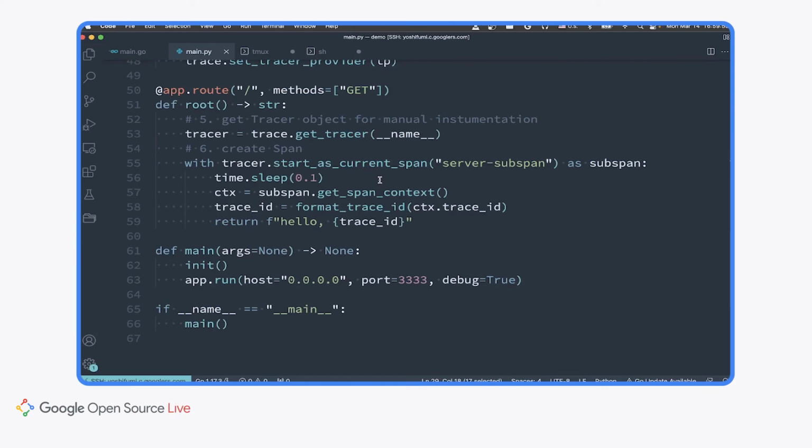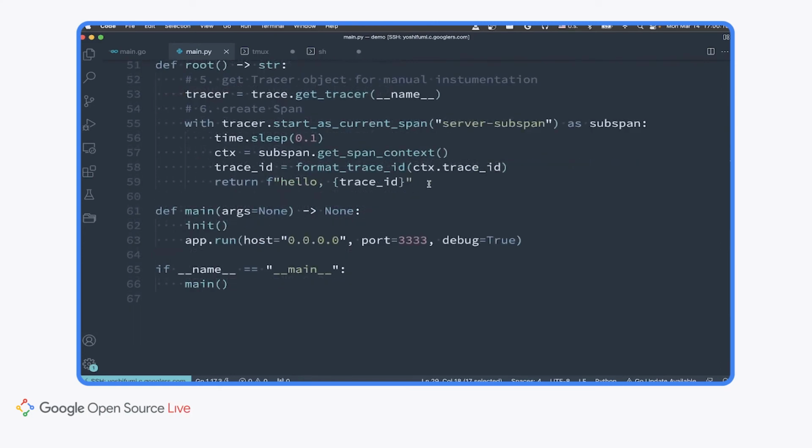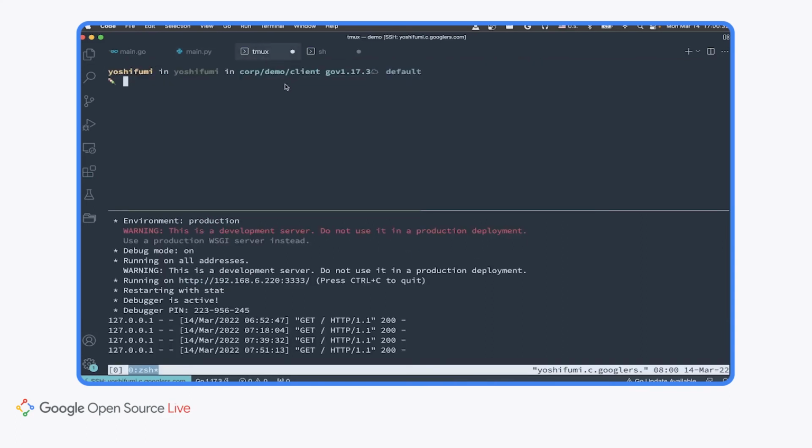Though you see some span instrumentation, this instrumentation is for a subspan or child span under the root span of this root handler. And this root handler is embedding the trace ID, which is propagated from the client object, to the response body. Let's see how it goes.